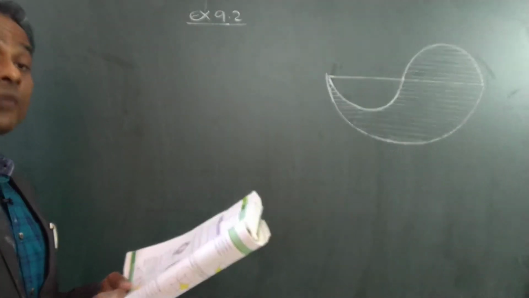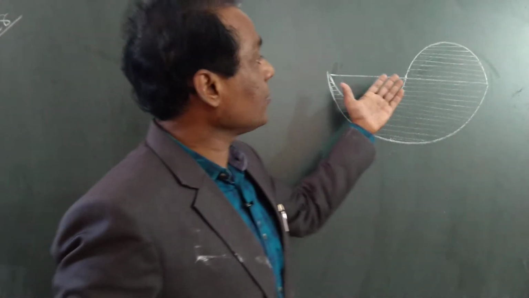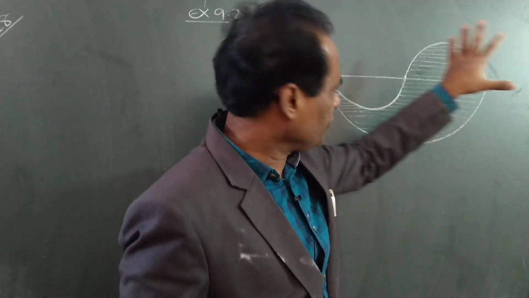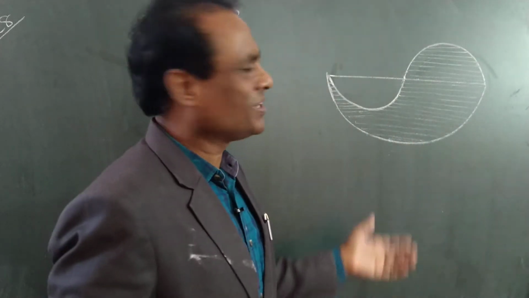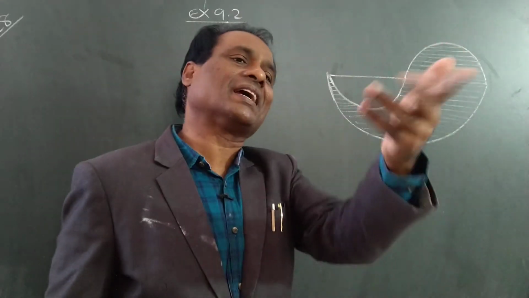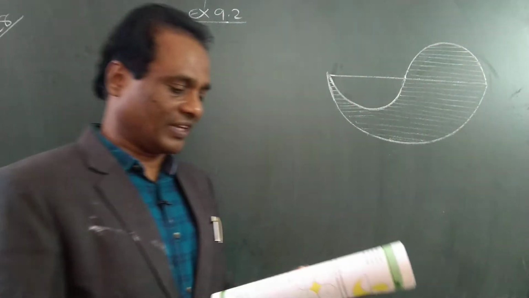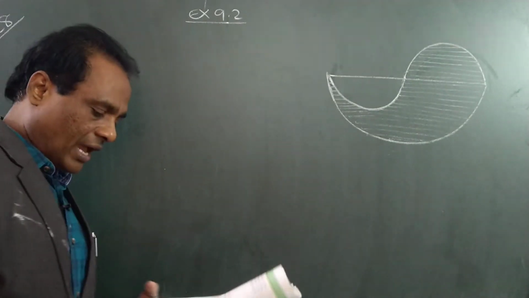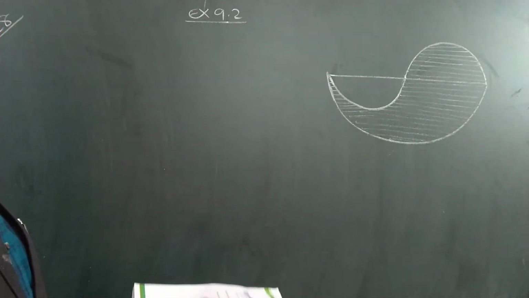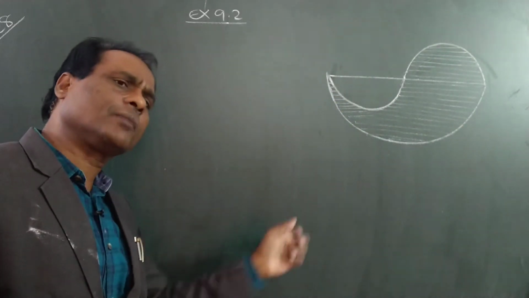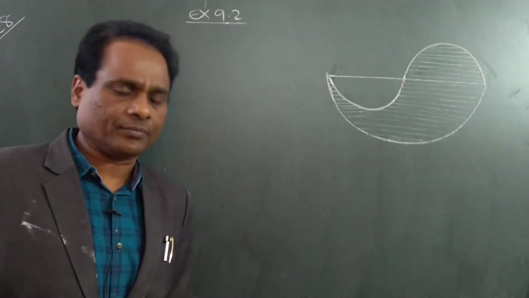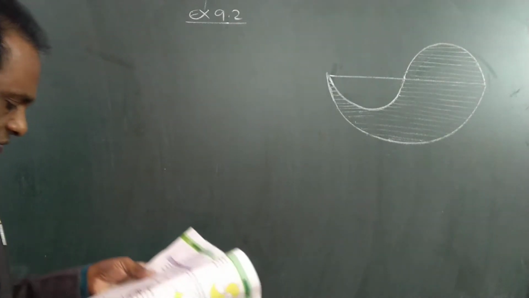This is the diagram. We have to find the area of this diagram. Another diagram is given. If you know this area, double it. Because two figures are same, multiply with 2, we will get the area of that total figure. I am taking only one diagram. Second one is similar. After getting this area, multiply with 2, we will get the total area. So students, all of you see this diagram, how to find its area.